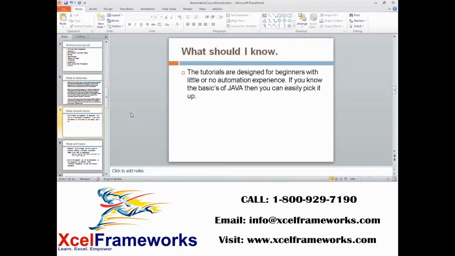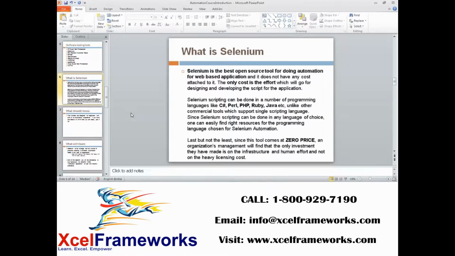What we do here is go with the Selenium and Java combination. This is very popular. Why the Selenium Java combination? I can write my automation script using Selenium with Ruby or PHP or Perl or C# or whatever. In any language I can start automating. Whereas when you go to QTP, you always have to use Visual Basic scripting. It's not like that here, so you can choose your favorite language. Let's say you are good in PHP, then you can easily automate with PHP and Selenium.